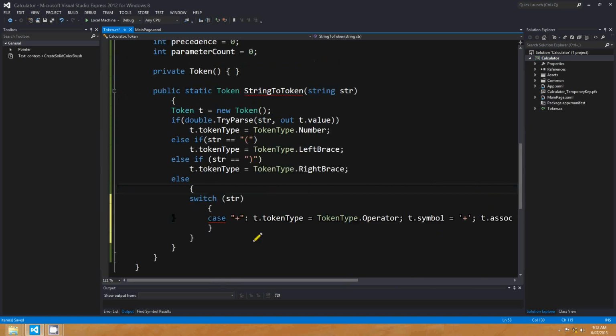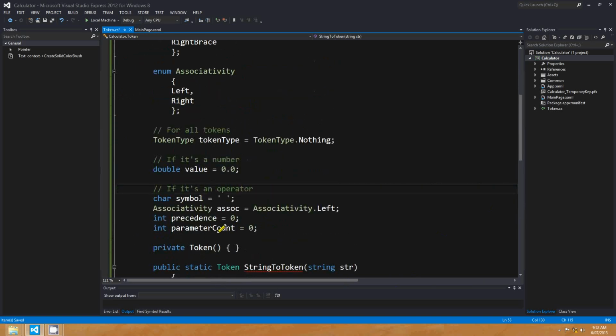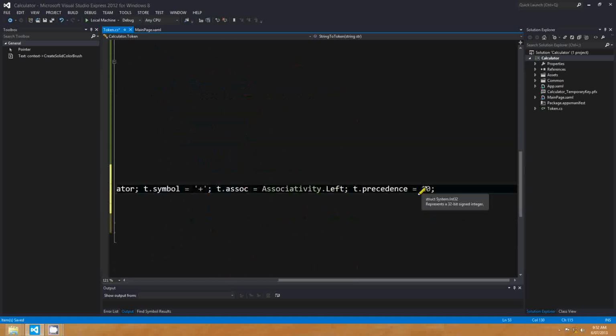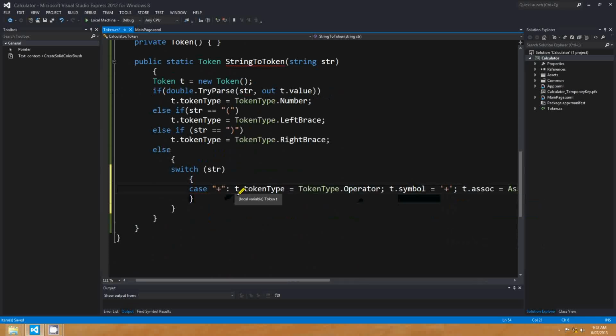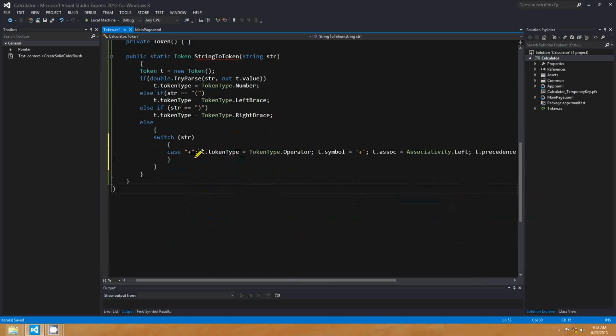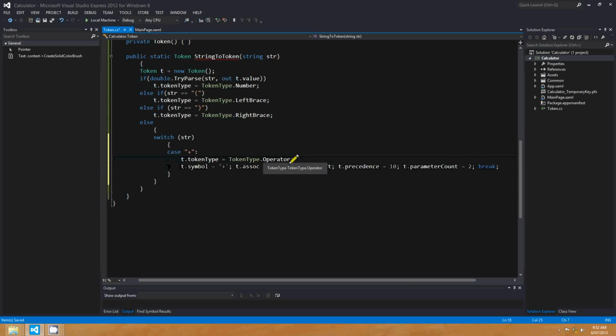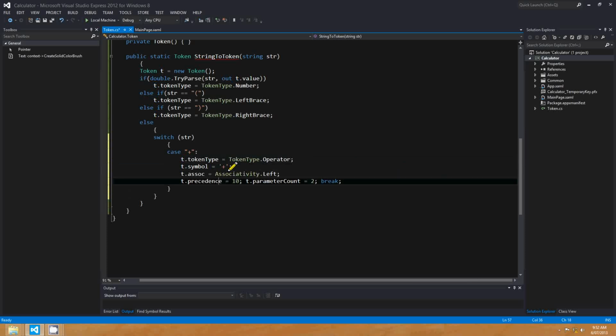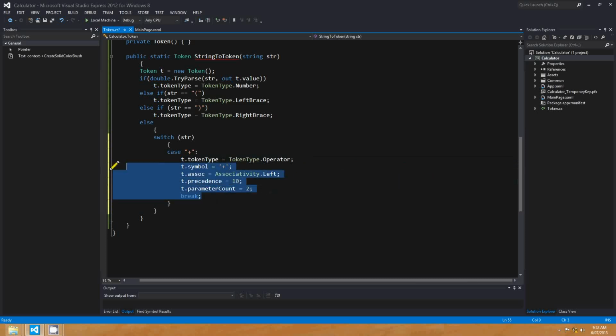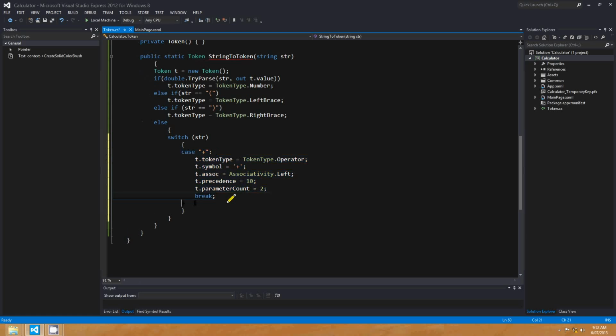Parameter count. Okay, so t.parameter count equals 2. Break. You might actually want to split that and not have it all in one line, but that's a full description of the plus operator. So now we've just got to do the same thing for the other 4 operators. If I just copy and paste that 4 times,